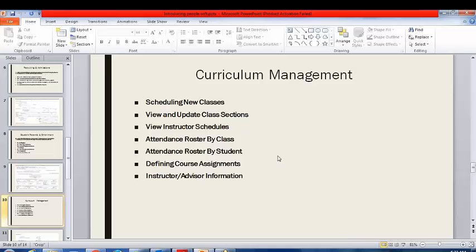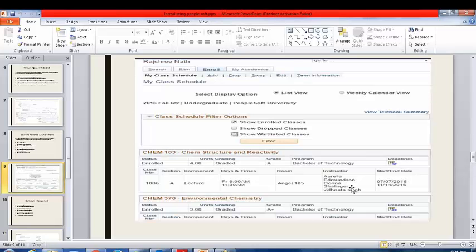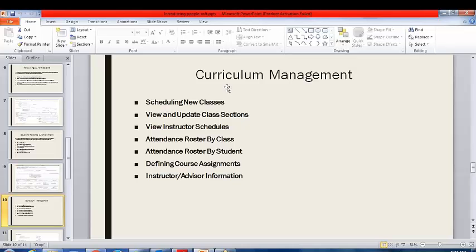Now next is the curriculum management. This is also one of the modules. It basically deals with the creation of courses and then classes. In this snapshot you can see the timings, the instructors, room number, component lecture. You can set up all these things in a class through this module only, curriculum management. First of all, you will create a course. Then in that course, you can create multiple classes in which students will get enrolled, and scheduling of those classes,